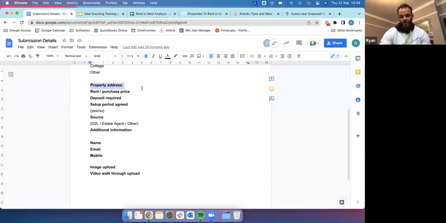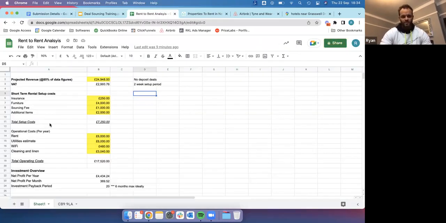Property address, so we can then pick up and analyze it, what the rent or the purchase price is, what the deposit required is. Obviously, as I mentioned earlier, I don't pay deposits, so ideally we want that box to say 0. If it is a sticking point with the landlord, and you can get a deal agreed and you think it's a good enough deal and worthwhile paying the deposit, factor the deposit into this additional cost here, because I see it as dead money. So factor it into cost, and if the number still works, then I might